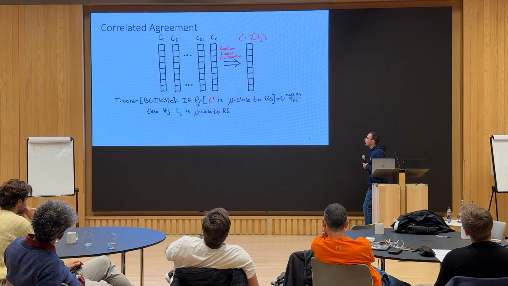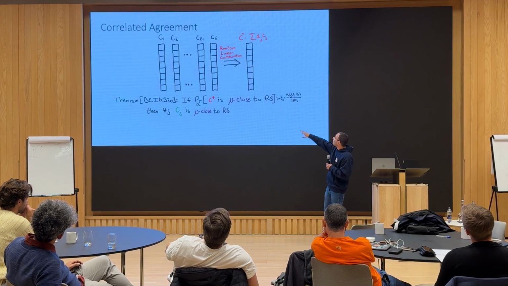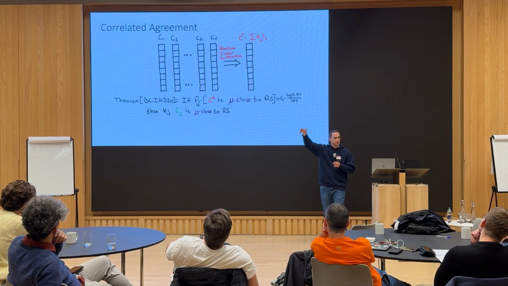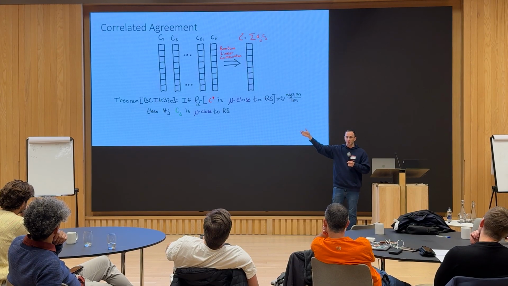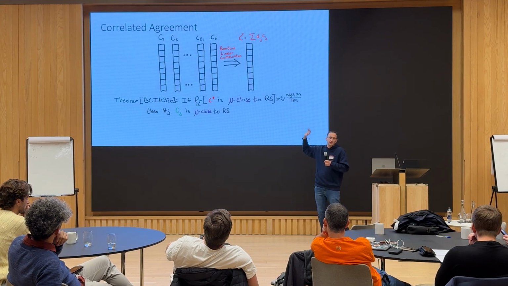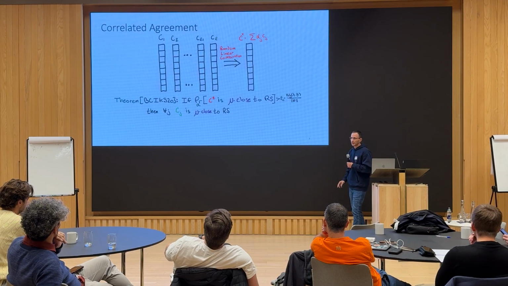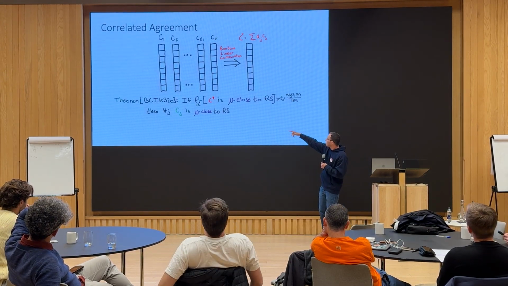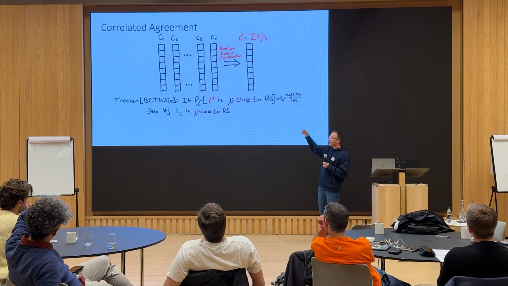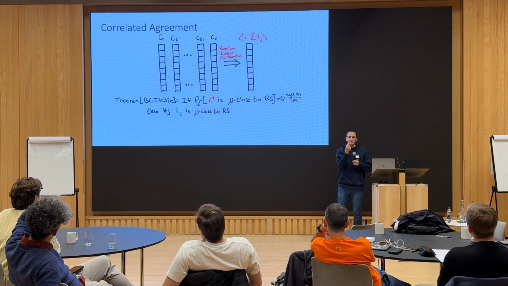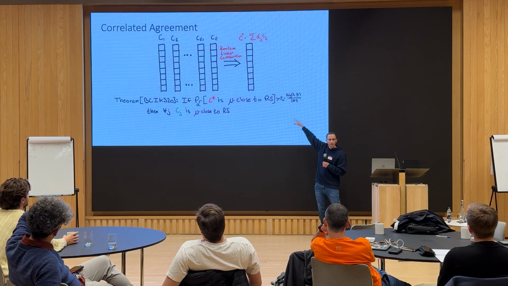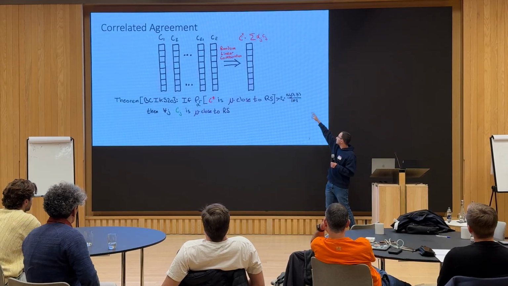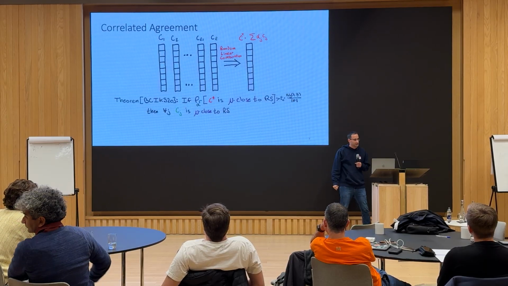Okay, so just before I continue. Obviously, I cannot say anything worst case, like maybe all the alphas are 0, and then C star is just 0. Regardless of the Ci, it could be that C star is close to the low-degree code. So we have to say something probabilistic here. I want to say, if the probability over the alphas that C star is close to low degree is bigger than some small error epsilon, and we're going to see exactly what epsilon is, currently just something polynomial in D and F,